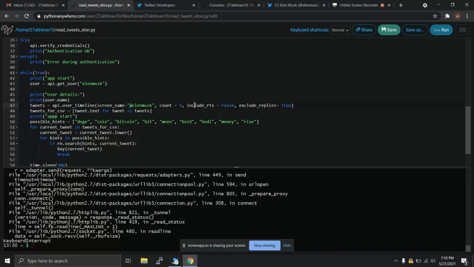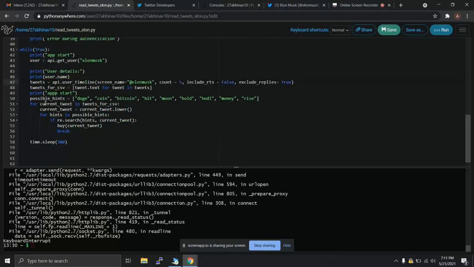So on Twitter, you can reply to someone. If you set this as true, the replied tweets will also be passed. So it is totally up to you if you want to pass the replied tweets also, right? And this is the exclude replies. I have excluded them. And RTs is mentions, if someone mentions you, and you are removing that, right?